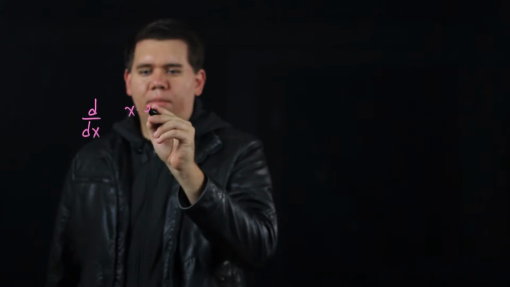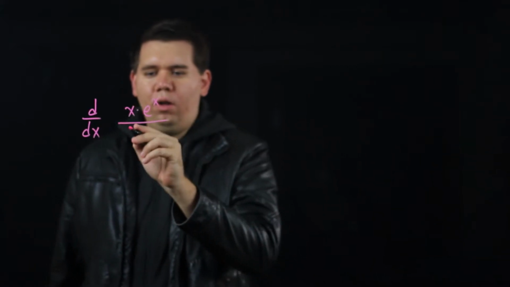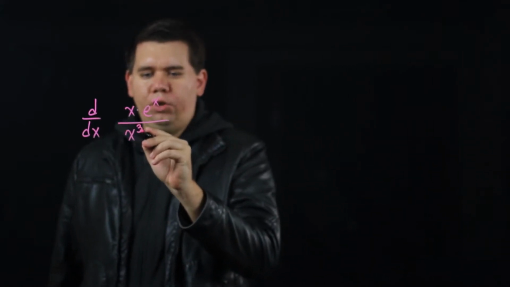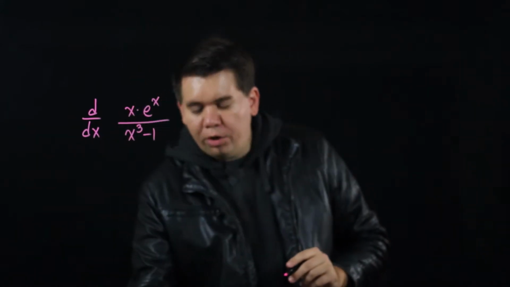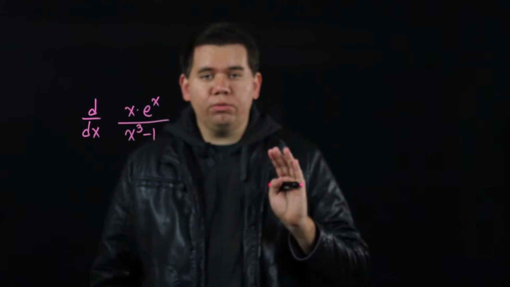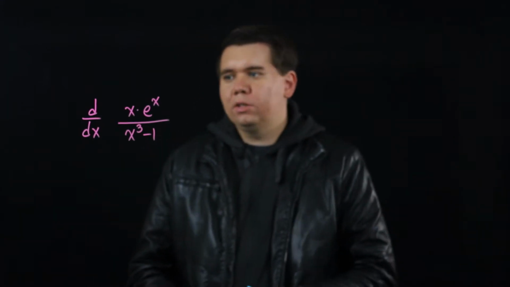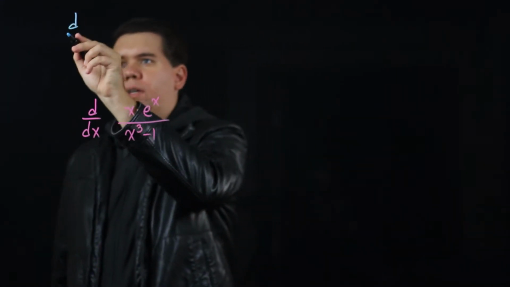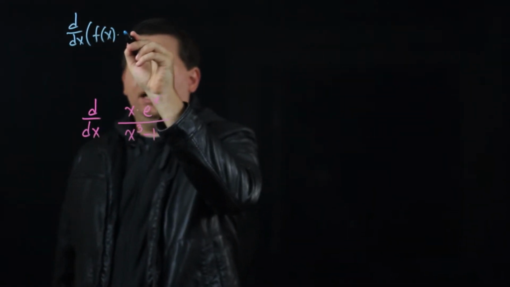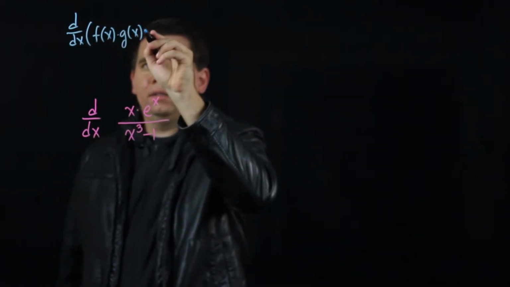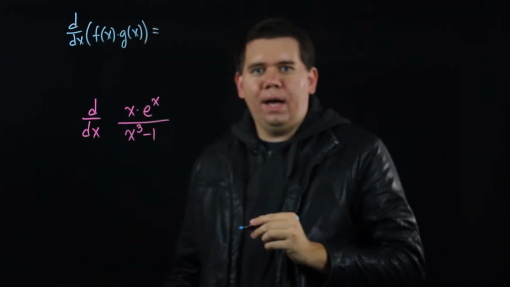Let's calculate the derivative of x times e to the x all over x cubed minus 1. Now, in order to do this, we're going to need to make use of both our quotient rule and our product rule. So remember, the derivative of a product, f of x times g of x, is found by